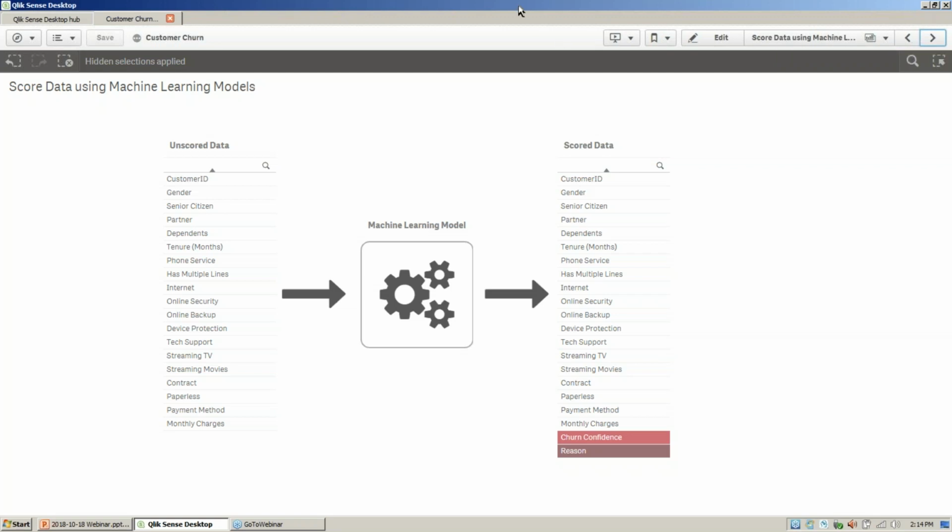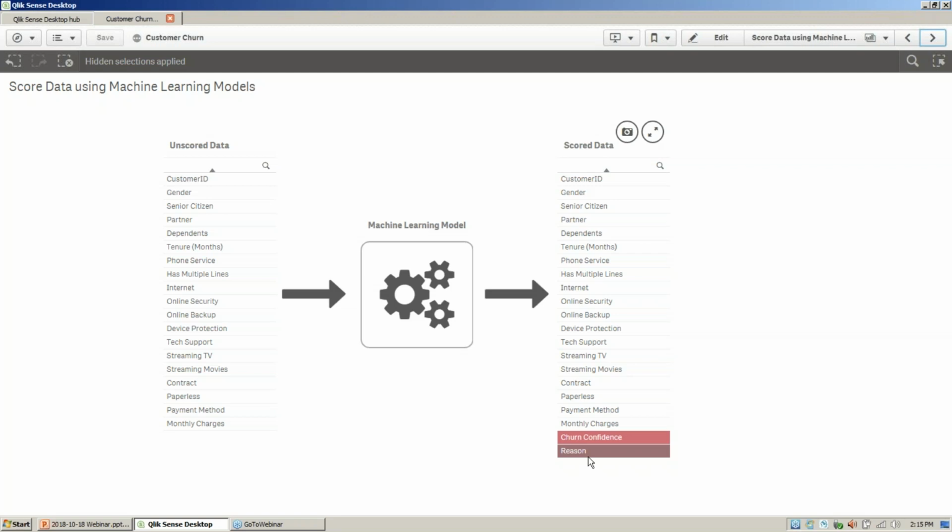Now, machine learning isn't magical. Basically, all you are doing is passing it data, and it is looking for patterns in that data, and then it spits something out. More specifically, in this case, when we were trying to predict churn, it's passing us the data back that we gave to it, and then it's adding a couple more fields or columns to that. One of the fields that it gives us, which is the most important, is some level of confidence that that person is or is not going to churn.